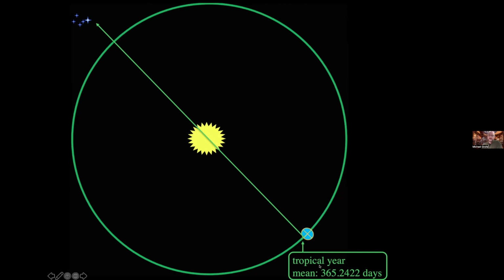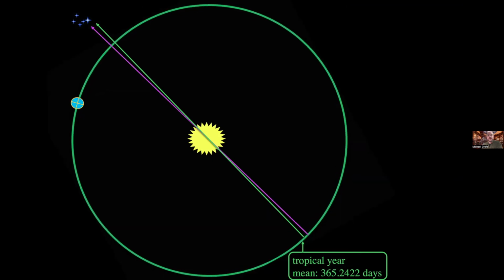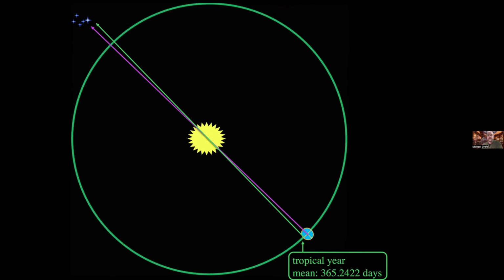But the sidereal year, if we move the Earth again, take a look at that slight difference. If we move the Earth to its same position relative to the fixed stars, that is actually a very regular motion and does not change very much over very, very long periods of time. In this case, the sidereal year by our current measurements is 365.25636 days. It's a little more than a quarter of a day longer than 365 days,